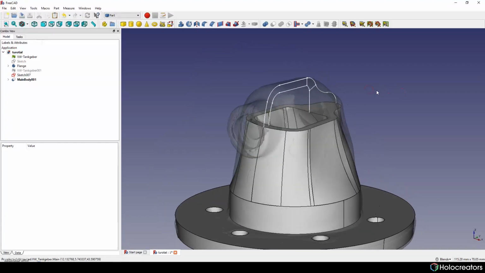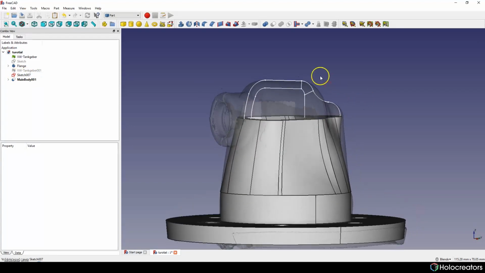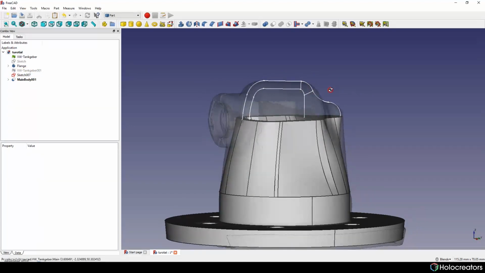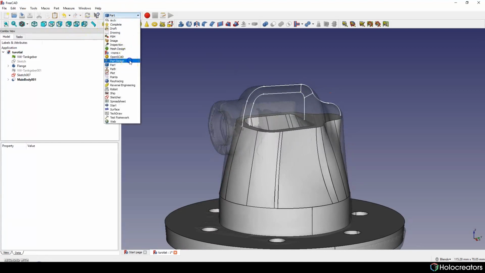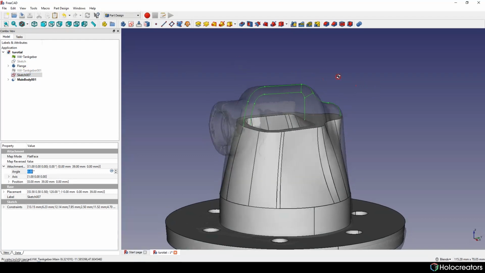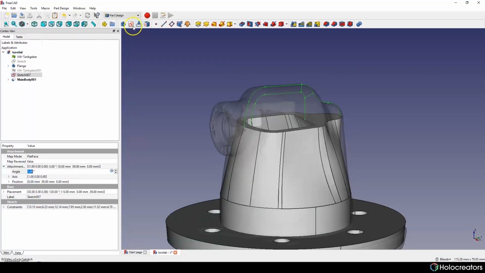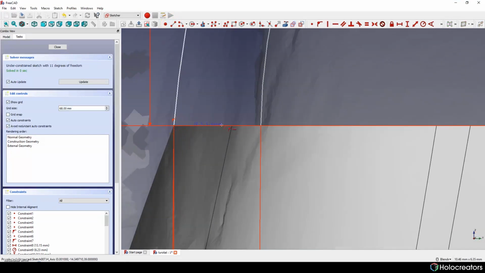For this we will use our sketch that we created before, only we need to add one thing to the sketch. We have to create additional lines here to make this shape closed.